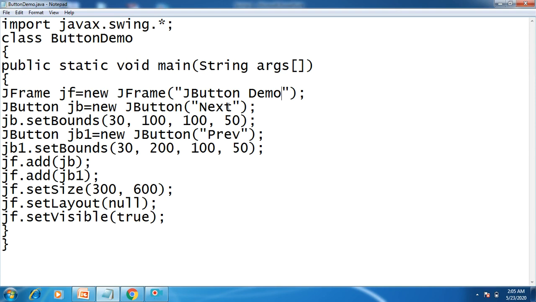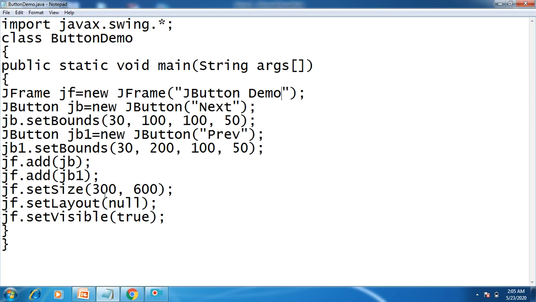I have used the second type of constructor here, which takes a string as a parameter. Then setBounds sets the size, that is width and height of the button, and where you want to display it on the top level container.